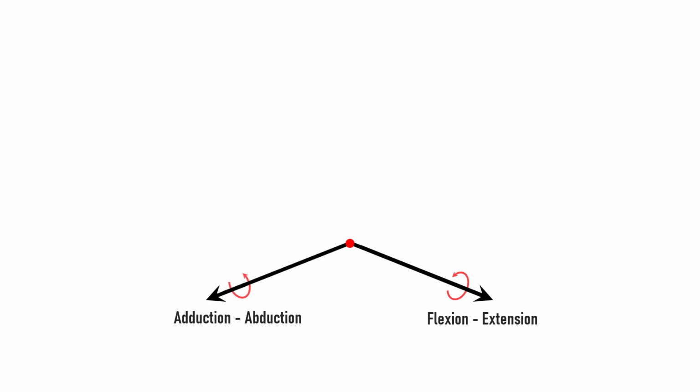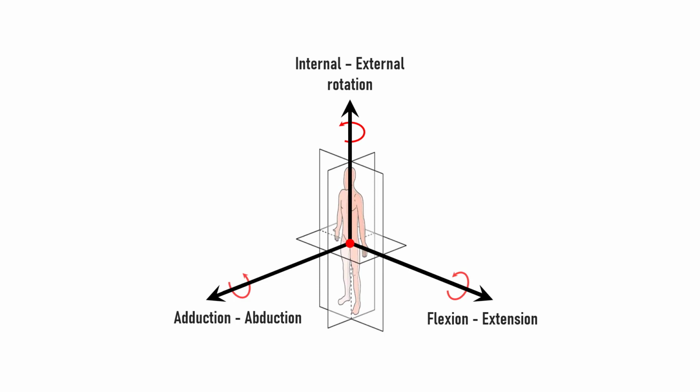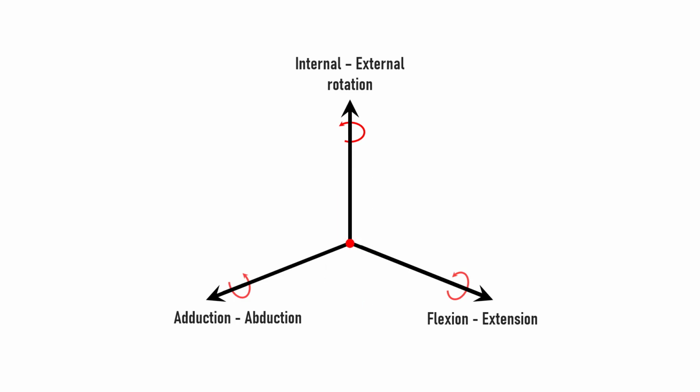So when you have 1 degree of freedom, for example, we can just say flexion and extension. If you have 2 degrees of freedom, that can be adduction and abduction, or you can have a 3rd degree here, internal external rotation. Now, it doesn't have to be in that order. It can be any one of those, but if 1 plane of motion exists, it's going to have 1 axis of rotation, 1 degree of freedom, and so forth. So again, you can see this superimposed with the coordinate system that's there. And remember that the